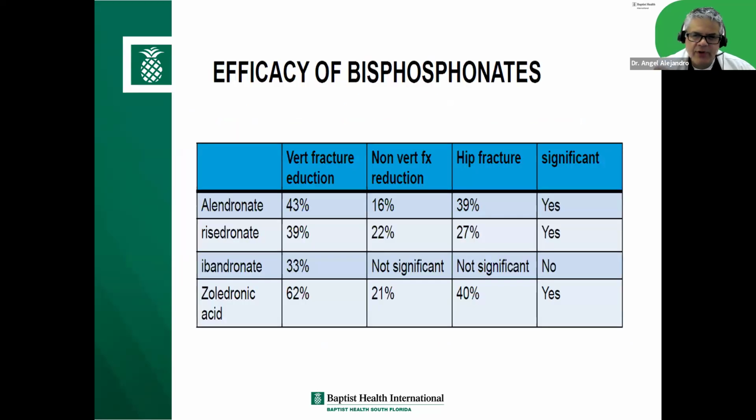This is once again, I mentioned briefly about the efficacy of bisphosphonates. Remember, ibandronate, it doesn't prevent hip fractures. All right. So that's why if I'm going to use an oral agent, I always use alendronate. If they don't tolerate alendronate, well, you can try the once monthly risedronate, but at that point, you may be better off just switching them to IV zoledronic acid. And once it's in, there's no GI side effects.